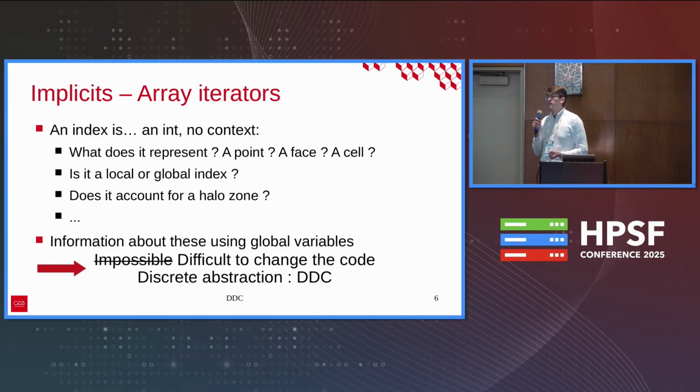Does it represent a local index or a global index regarding distributed memory parallelism, or again, does it account for a halo zone when we have stencil computation? So all of this information is difficult to get when only reading the source code,